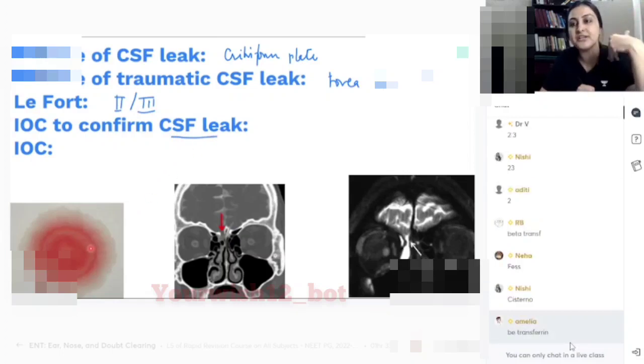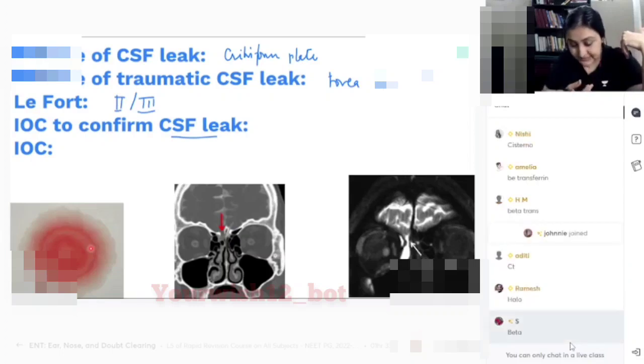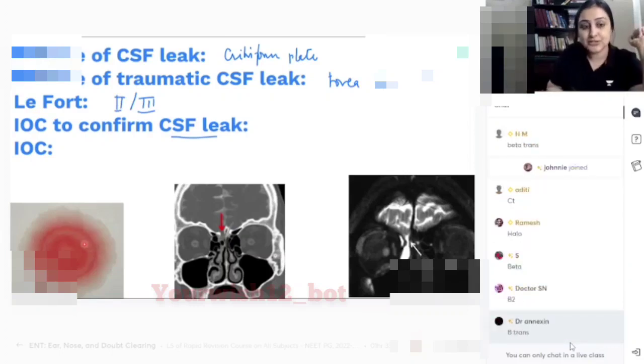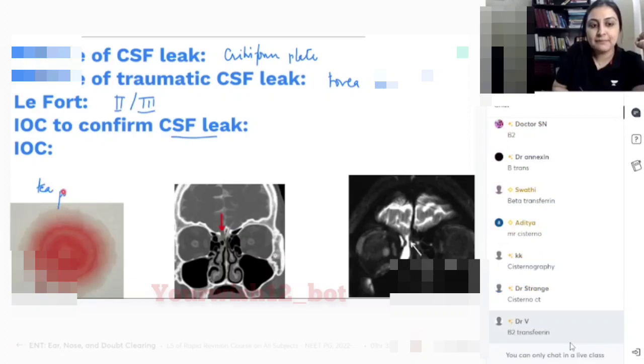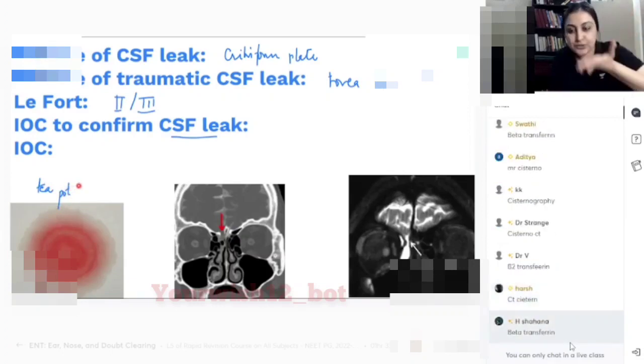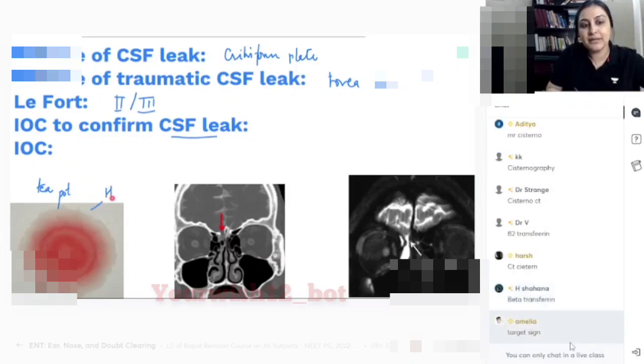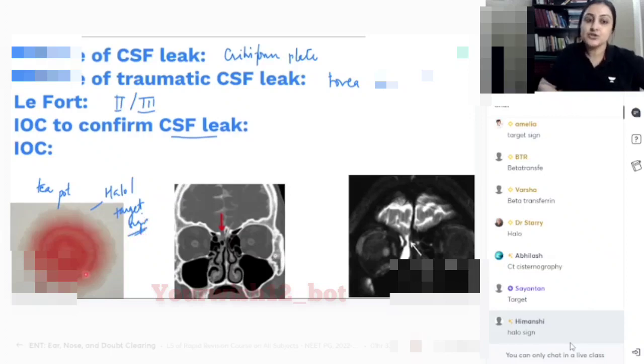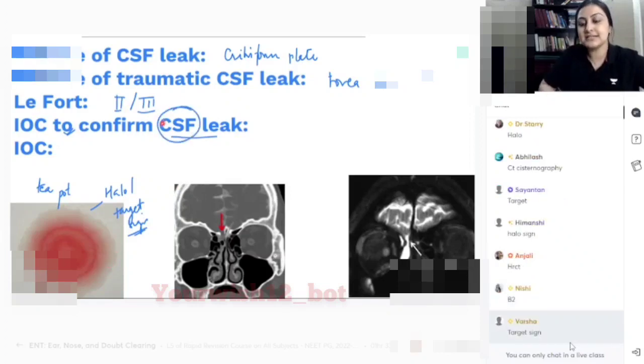Investigation of choice to confirm CSF leak. So आपके पास आया कोई patient कि मेरे पास ना tea pot discharge, इसको बोलते हैं tea pot, कि जैसे ही मैं नीचे मुड़ता हूँ, I am having discharge, so that is called as tea pot discharge. आपने बोला ये tissue रख, तो tissue रखा तो उसमें खून भी आ रहा है, CSF भी आ रहा है, it is forming this halo and target sign. So now you suspect कि अरे इसको तो CSF rhinorrhea होना चाहिए. So now what will you tell him कि ठीक है मैंने मान लिया it is CSF rhinorrhea, no,